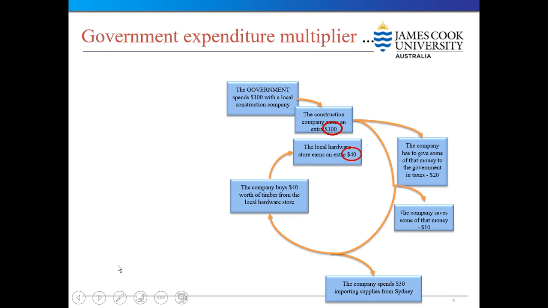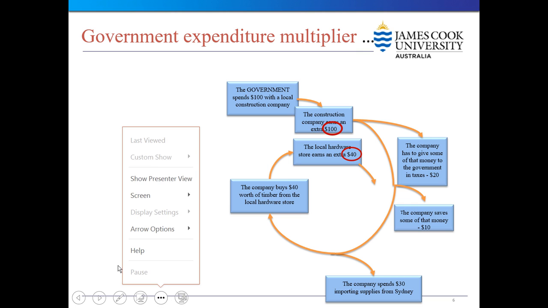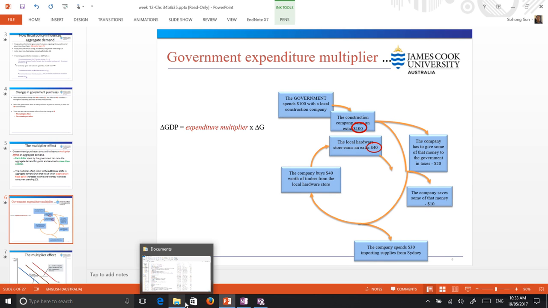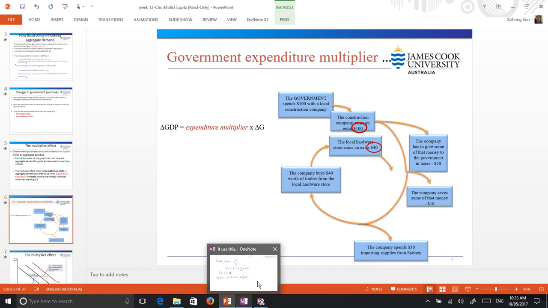This process continues forever. So we see that the government pumps $100 into the local economy, and the aggregate demand in the local economy increased by more than $100. And you might be wondering, how many dollars will the aggregate demand eventually be? Okay, let's suppose